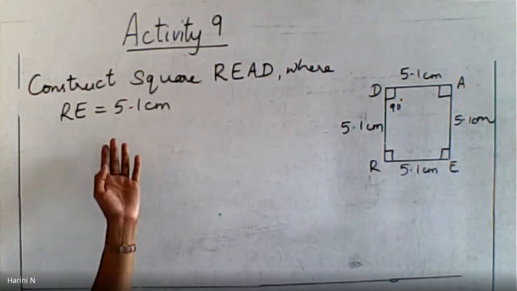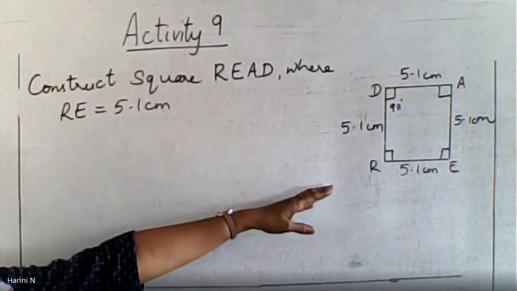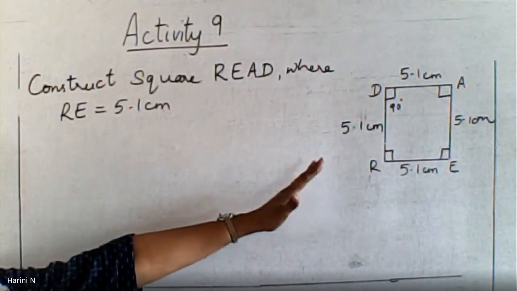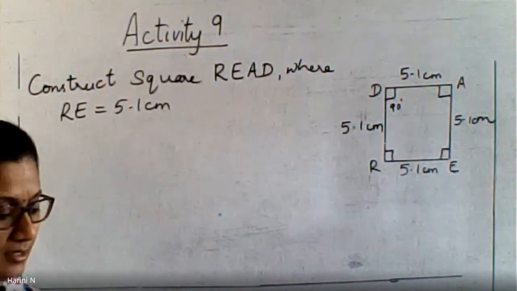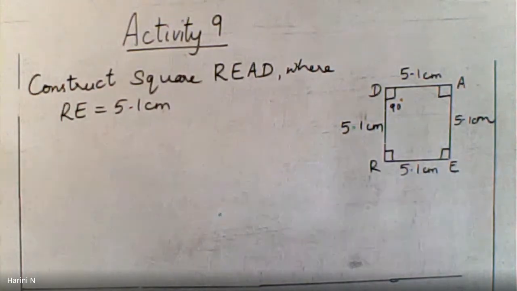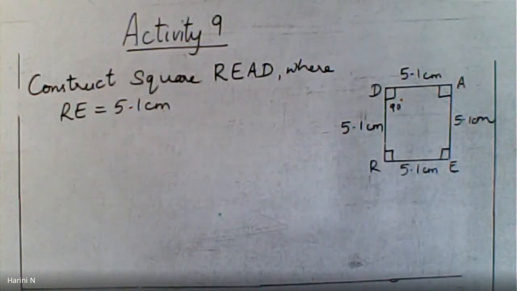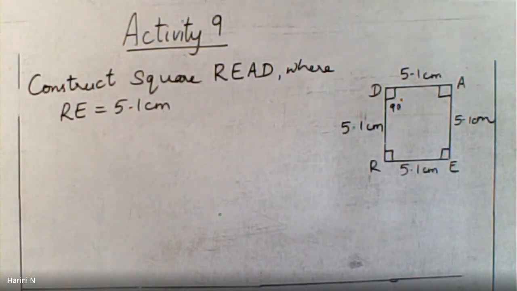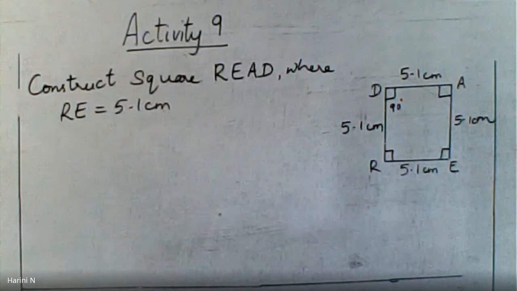So once you write the question on the right hand side corner, you can draw the rough sketch and then we will start with the construction. Okay, don't be in a hurry to make it very untidy. So see that you write it down neatly, maybe later on also, but try to understand the construction. So now I'm going to share my screen, where I will take you through the steps of the construction.